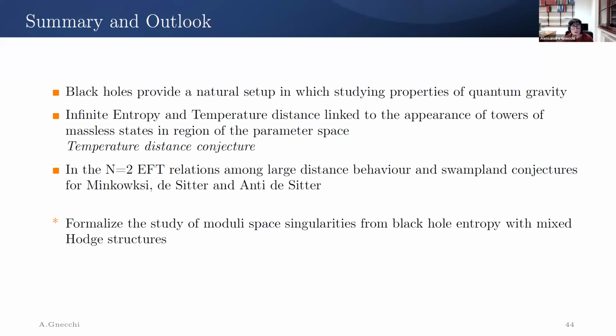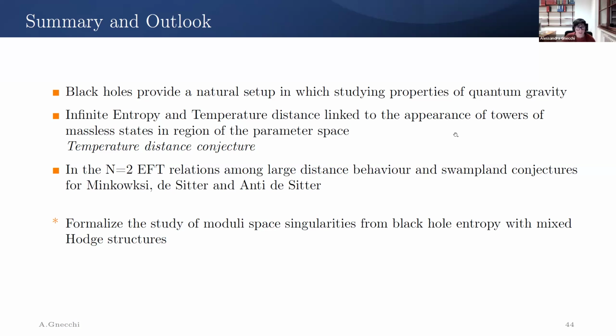My goal was to share my enthusiasm towards studying black hole systems in the context of string theory, because black holes are our favorite theoretical laboratory where to ask questions about properties of quantum gravity. In the particular case I was presenting here, I was focusing on black hole states that come from string theory. I was studying entropy and temperature and how the phase space and the infinite distances phase space can be linked to